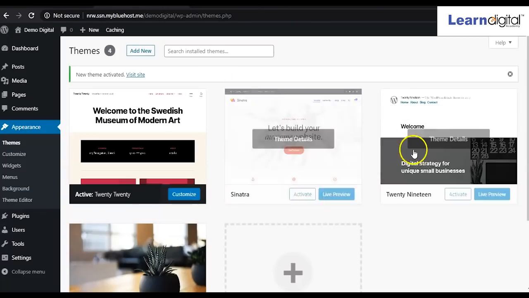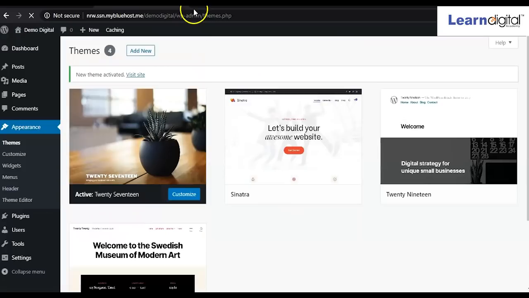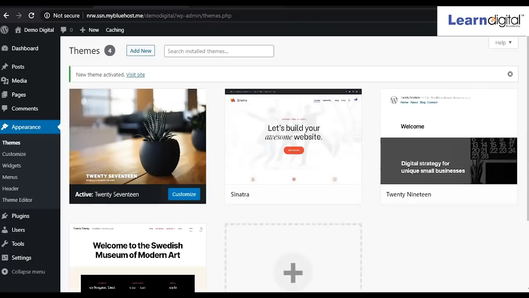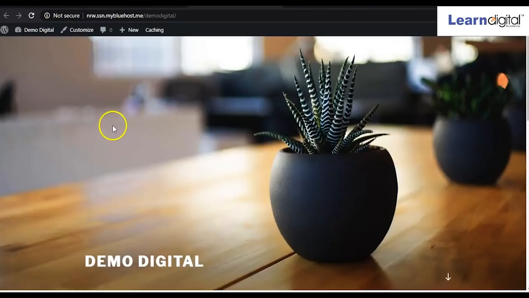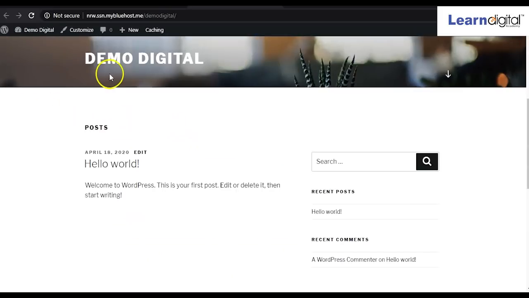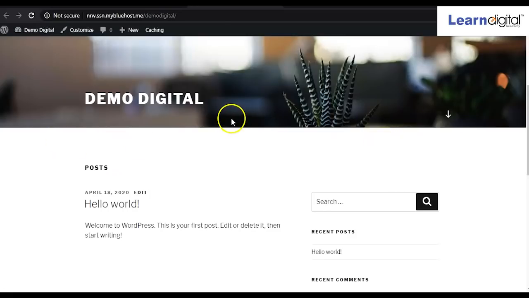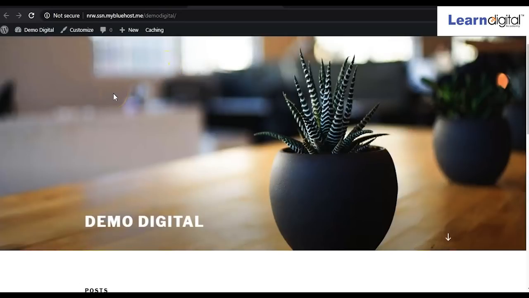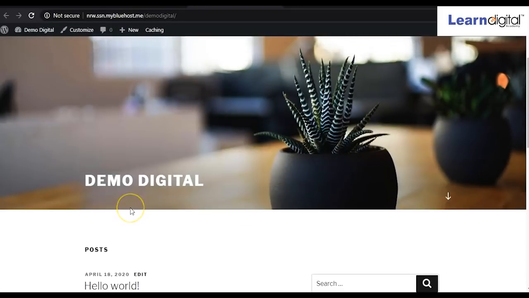But while changing to the other theme, when it comes to this part, click on activate. Then we'll see that the option is not coming over here. Refresh it. See, images are coming, site title is coming, but the pages of this website like home, about us are not coming, right? So you have to see the theme as well. Meanwhile, we will work on this theme, and afterwards we'll change the theme again.